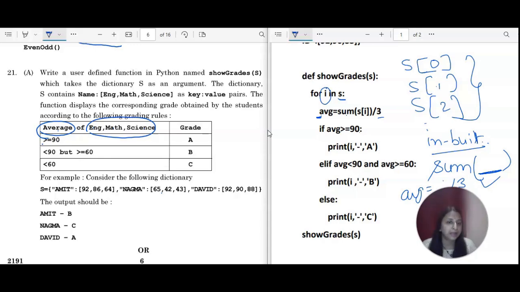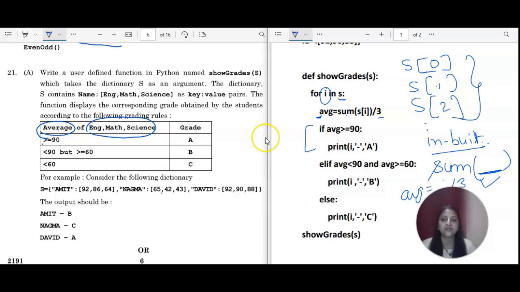Values will come with S.values, okay. By default it is taking the key values. So I will give you the key, which is Amit, to display, and then you have to display its grade. The grade is coming as per the condition. So the grade is A only. If average is greater than or equal to 90, then you have to give a hyphen. Hyphen is a character, okay, and a character we can display enclosed in single quotes or double quotes. I gave single quotes, but you can give double quotes also, no problem. So print i, comma, and in single quotes hyphen, comma, capital A. And then we close it.